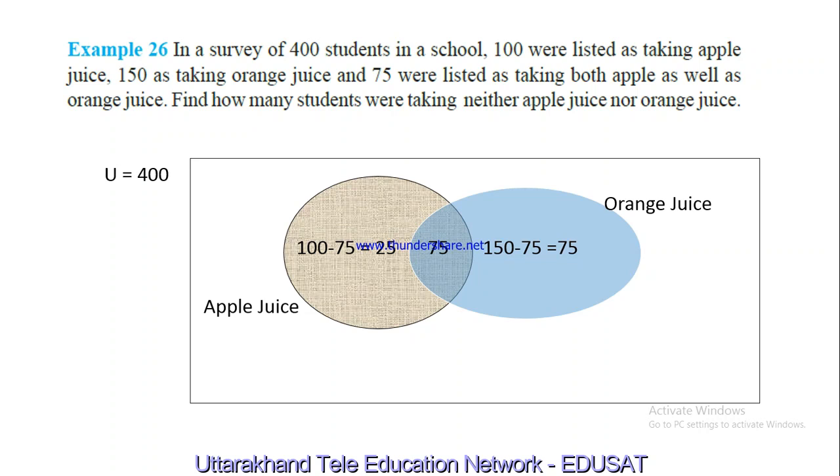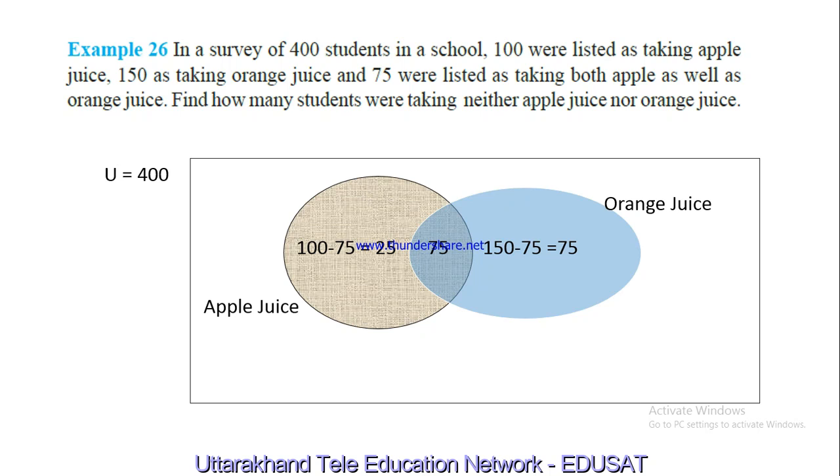Then the overlap in the middle of the screen, 75 is the value. This basically denotes those students who are having both apple juice as well as orange juice. And then 75 in the pure blue area on your right, this basically depicts those students who have only one drink, and that is orange juice. Is this okay? So now,